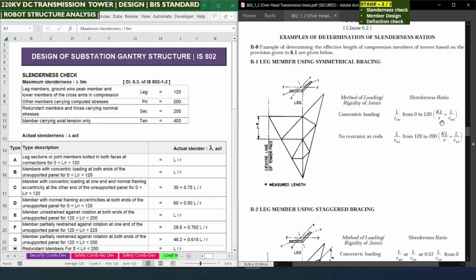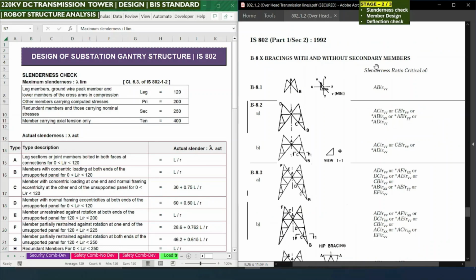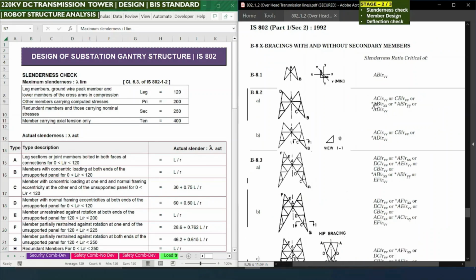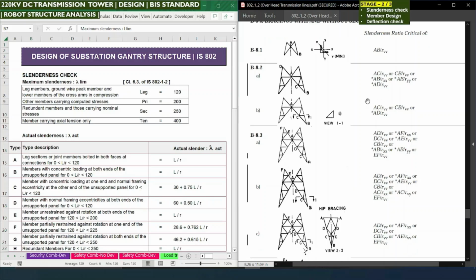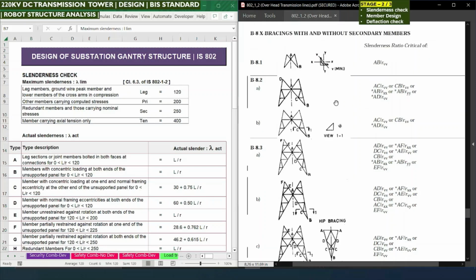So KL by R equal to L by RVV. This is an equation we need to find out for the main leg. For bracings with and without a secondary member, there are certain methods provided here to calculate the slenderness. Again, here we need to consider the length as per, for example, in B 8.2 cases, we need to consider AC, this span from A to C, divided by RVV,